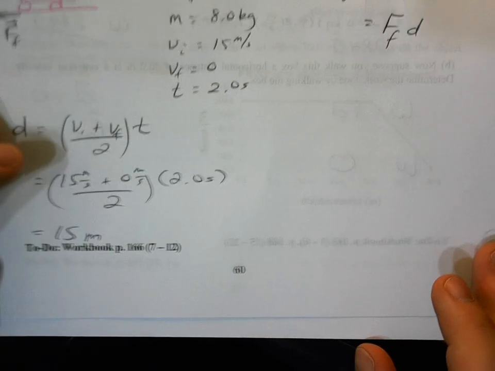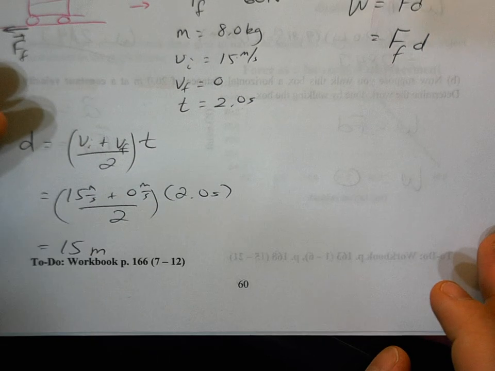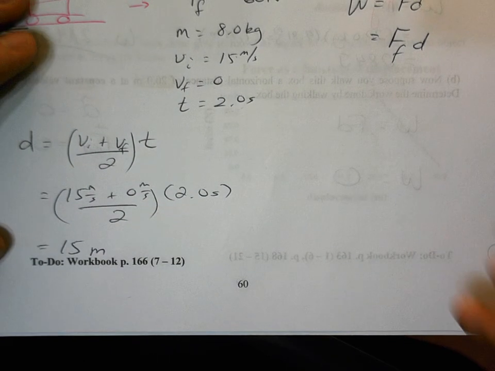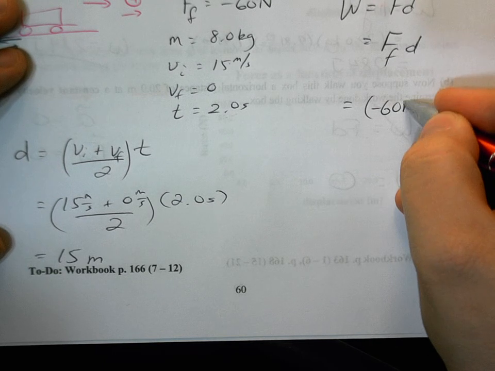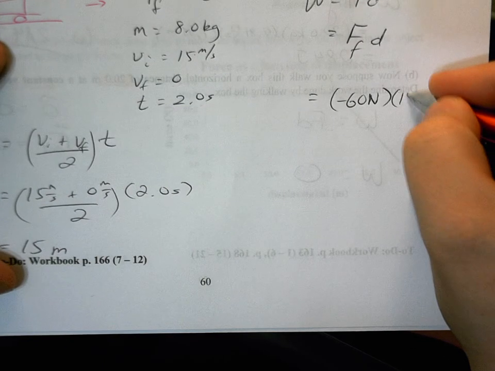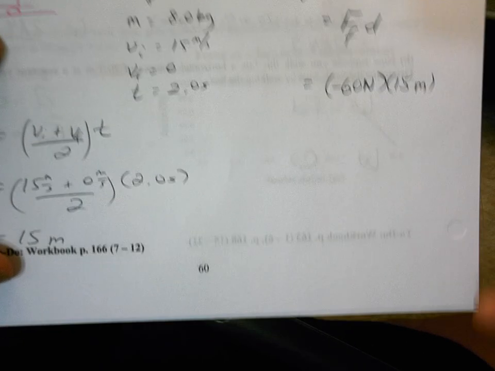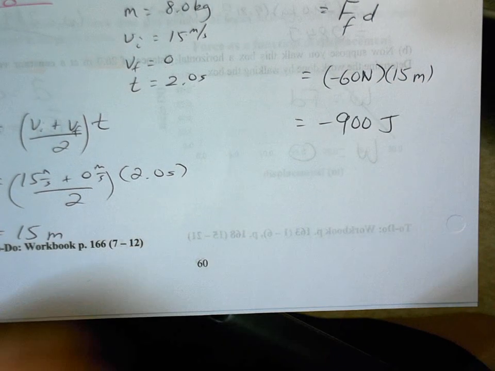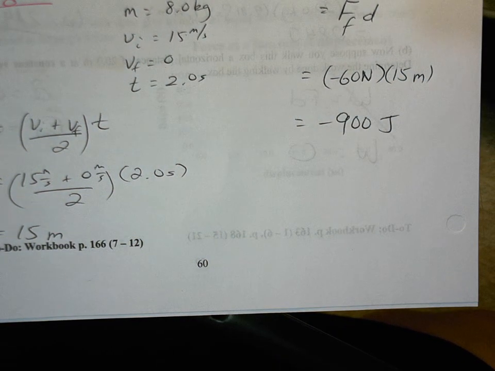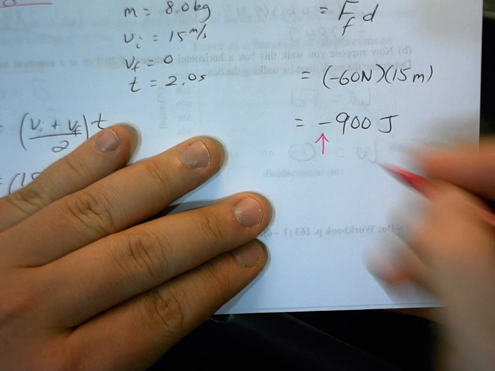With that, we'd like to find the work done due to friction. We know that the force of friction is negative 60 newtons, and we know it's acting over a distance of 15 meters. So what we're going to get is that the work due to friction is negative 900 joules. The negative is just telling us that energy